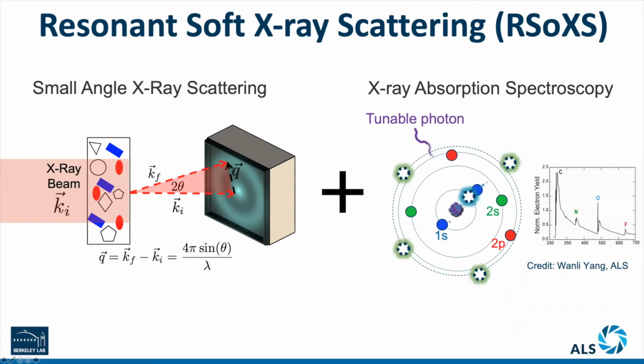X-ray energy to the core absorption levels of the atoms, mostly low-Z elements like carbon, oxygen, nitrogen, where the incident photons excite the core level electrons into the unoccupied molecular orbital. So this process is elemental sensitive because different elements have different core binding energies of the core levels, but also sensitive to the chemical bond because where it gets excited to is closely related to the chemical environment